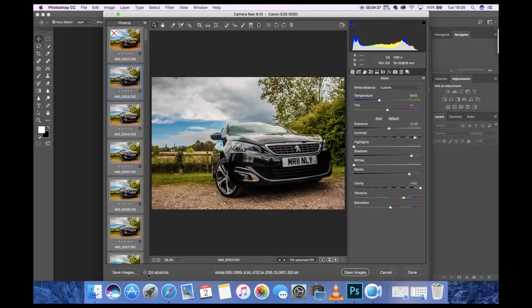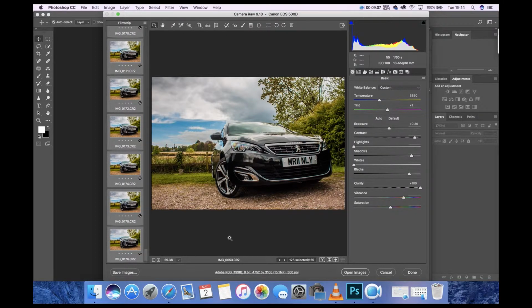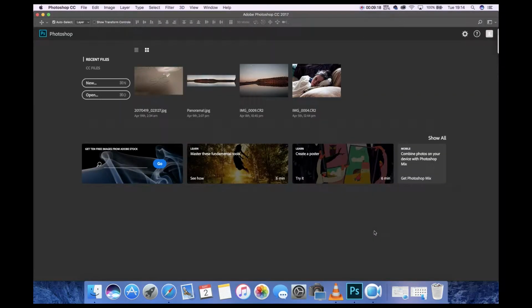You can see down it says 124 remaining, and save them all. We'll let that do its thing, and then we'll come back to it once it's done. Right, so now that that's finished doing what it's doing, it's saved all the images, and click done. Hopefully this doesn't try and open them all up. No, it doesn't, thank goodness for that. So we'll close Photoshop